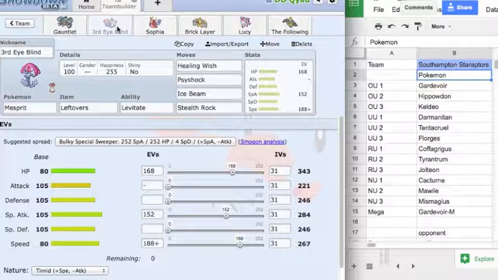After that, I wanted Ice Beam because I wanted this to be a secondary Hippowdon check, so I can come in on an Earthquake, get an Ice Beam off, do a nice 50% probably, and be done with it. Psyshock again just hits everything hard, and I want enough speed to outspeed Tyrantrum, which was going to be just the hardest hitting thing he could have brought at me that Mesprit could outspeed,